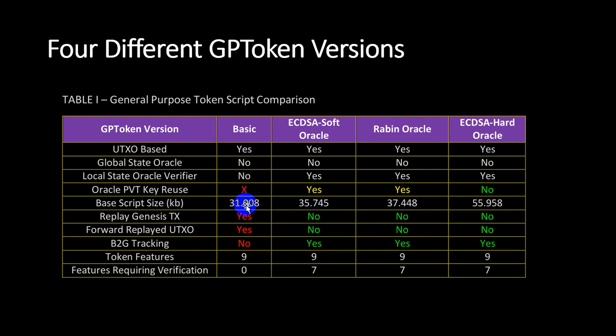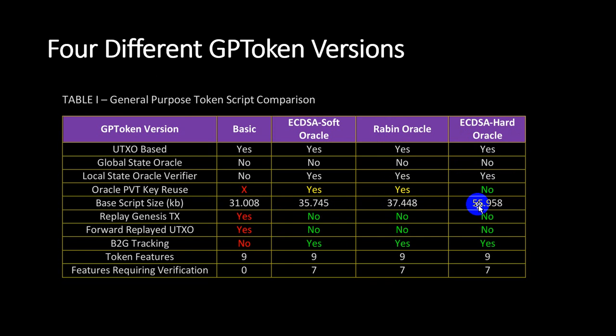The basic script of GP token is 31 kilobytes. If we use a soft ECDSA Oracle, we have 35.7 kilobytes. If you use Raven Oracle, we use 37.4 kilobytes. And if we use hard ECDSA Oracle, we have a